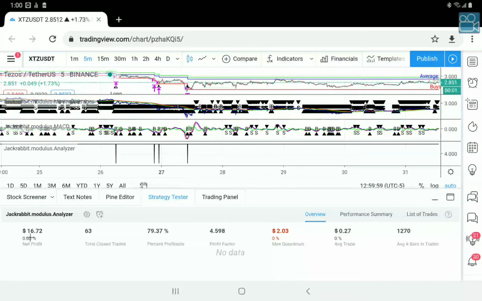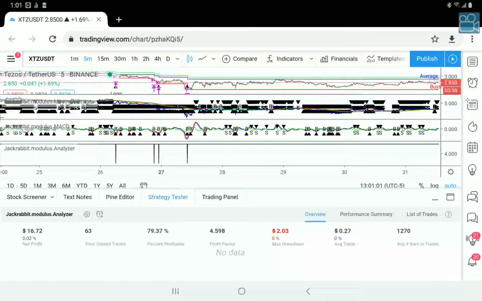Here it says it's going to make $16.72 on the 5-minute candlestick. What that really is telling you is it's going to take 17 days to make this amount of profit. How did I get that 17 days? Very simple. There are 24 hours in a day, 60 minutes per hour. That means there are 288 candles per a single day. The analyzer always pulls in 5,000 candles. 5,000 divided by 288 is roughly 17.3 days. So for 17 days, it's going to make